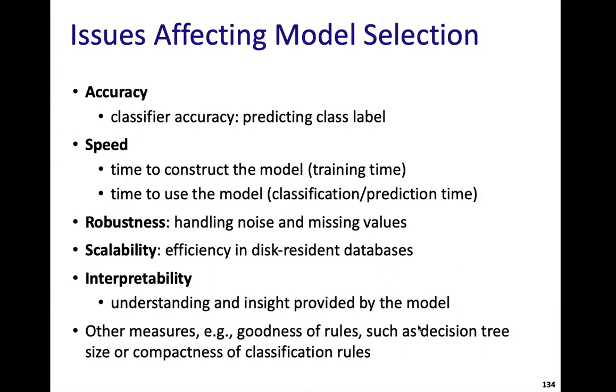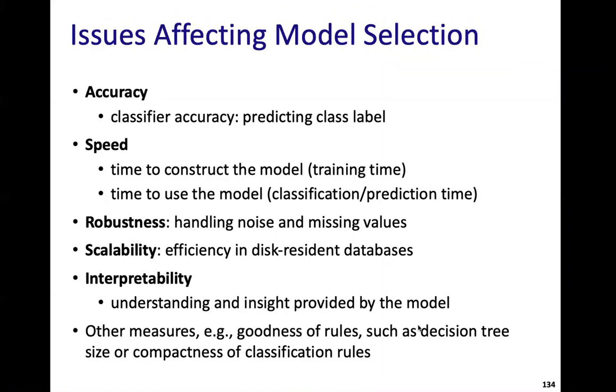Now, how robust is the model? Sometimes in real world situations, we don't have complete data. Some of the attributes may be missing. So how robust is the model? How scalable is it in terms of computational complexity? If suddenly the number of samples doubles, triples, 4 times, 10 times, is it still viable and can we use the same model?